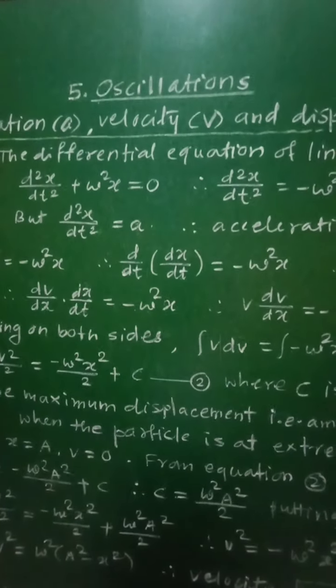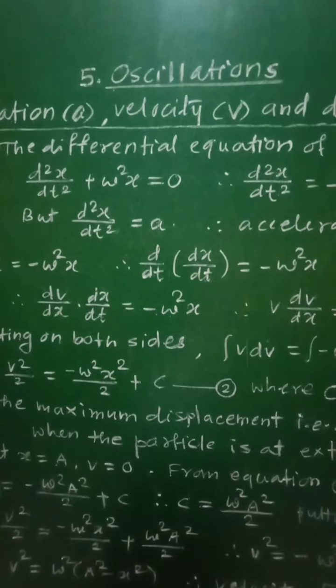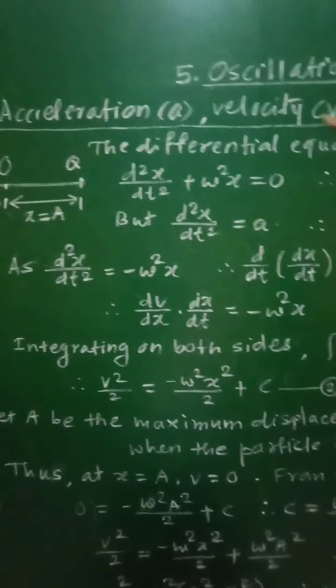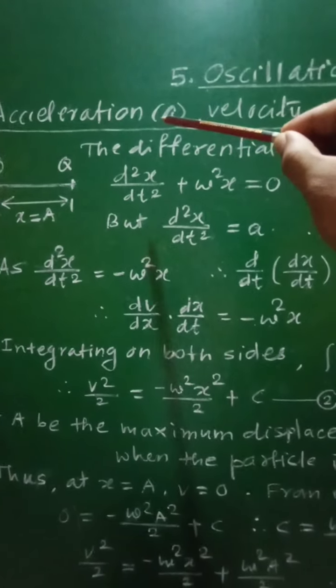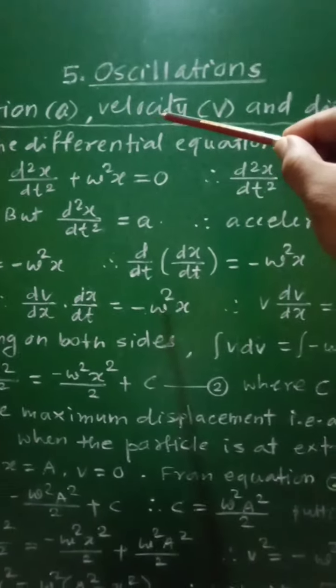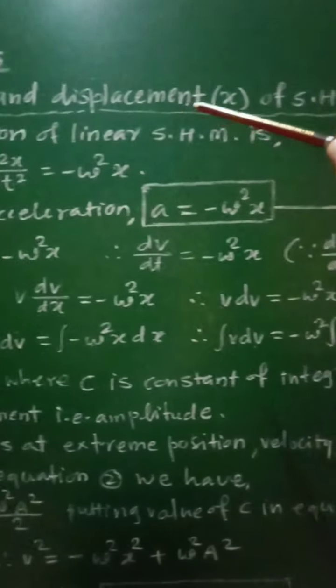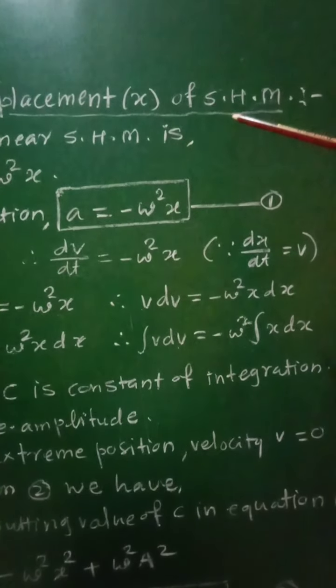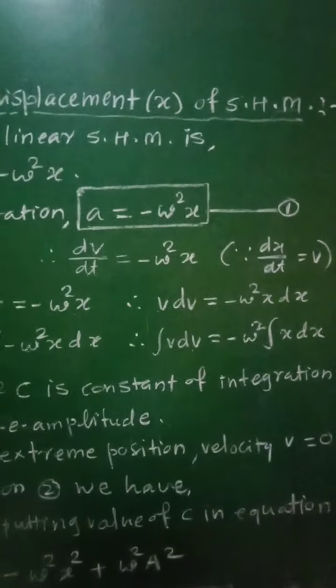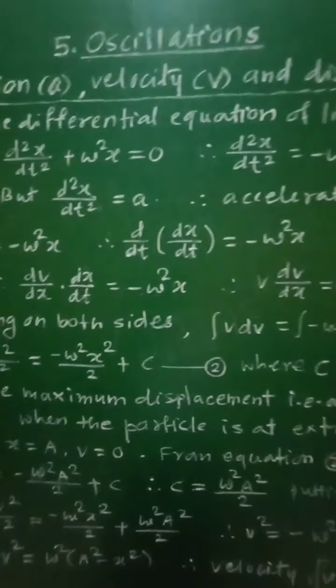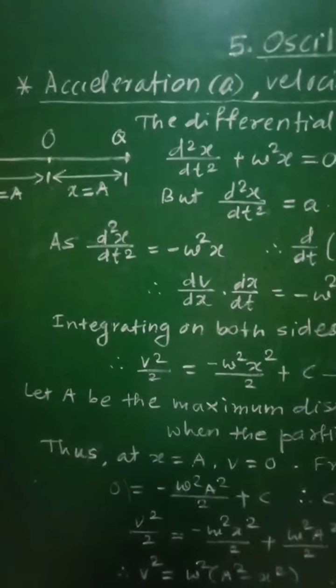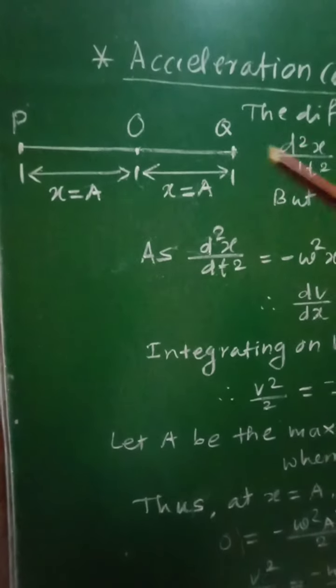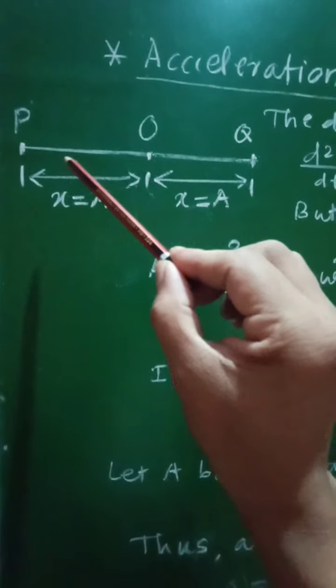Class 12th, Subject Physics, 5th chapter, Oscillations. From this chapter, let us see the expressions for acceleration a, velocity v, and displacement x of the particle performing linear SHM. So, in order to obtain the expressions for acceleration, velocity, and displacement, let us consider the path followed